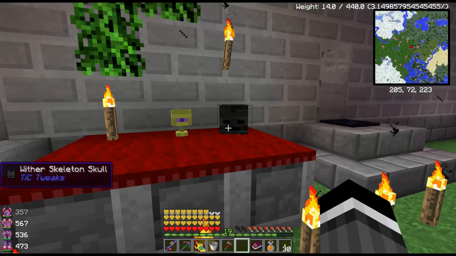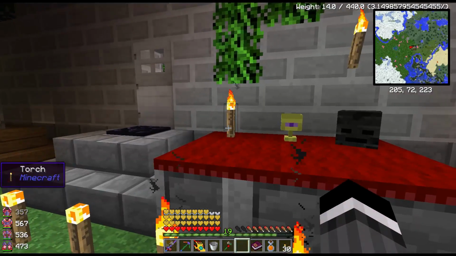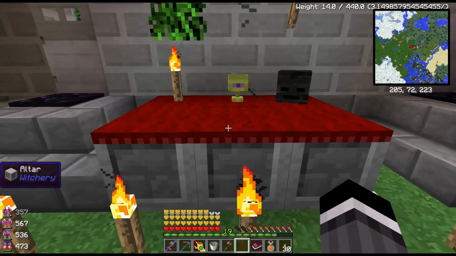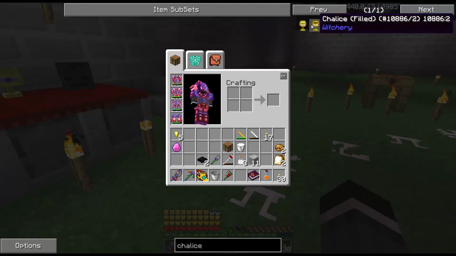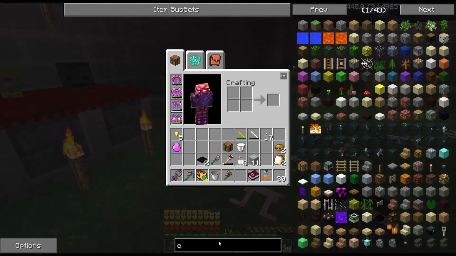The Wither Skeleton Skull is one of the most powerful. I think it doubles the power and doubles the recharge. Torch is like one of the least powerful. It gives it just like a ×1 recharge, but hey, you know, it's easy. The Filled Chalice and End Chalice both work the same as far as I know. And then there's a